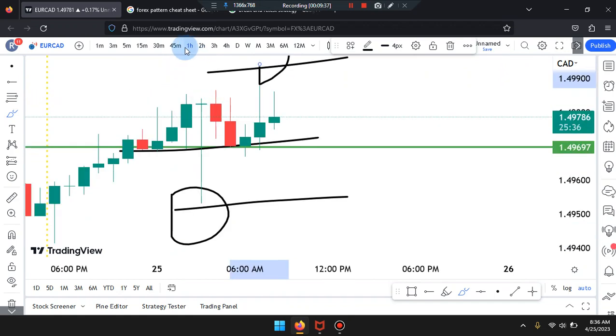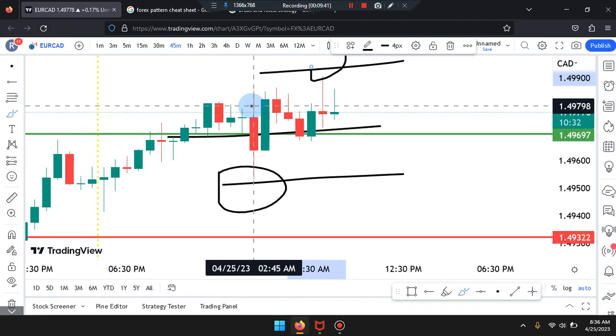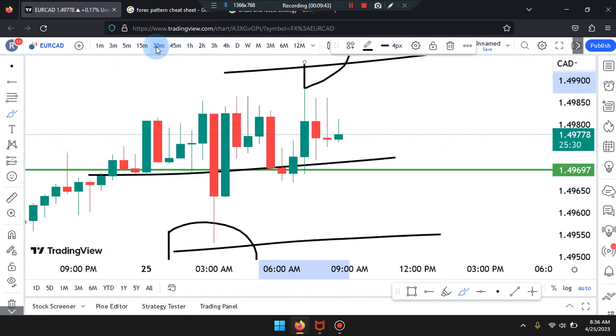Headed down to the 1-hour, the 45, the 30,